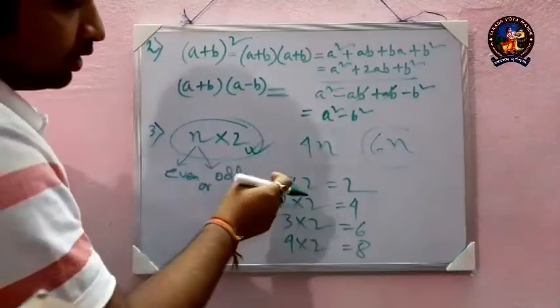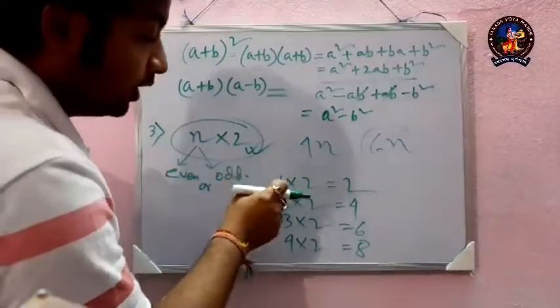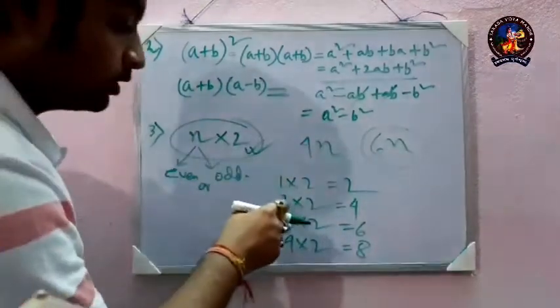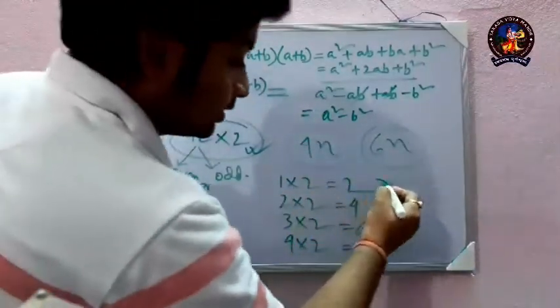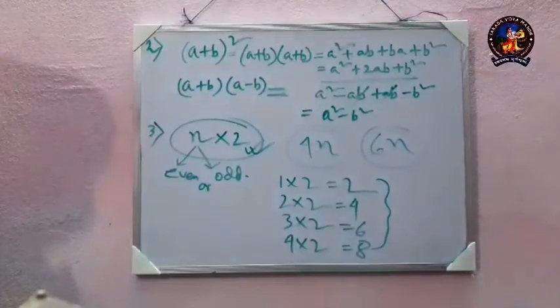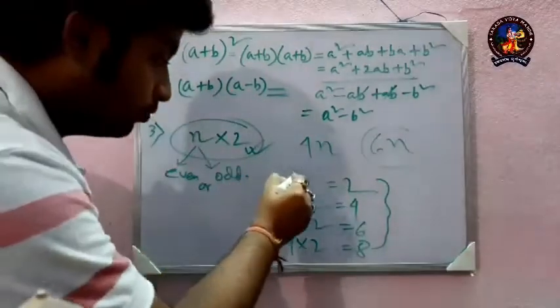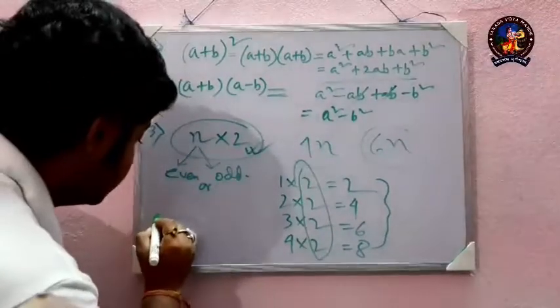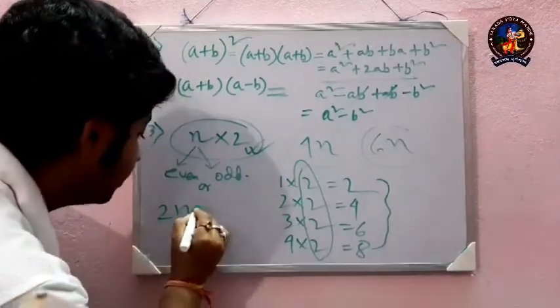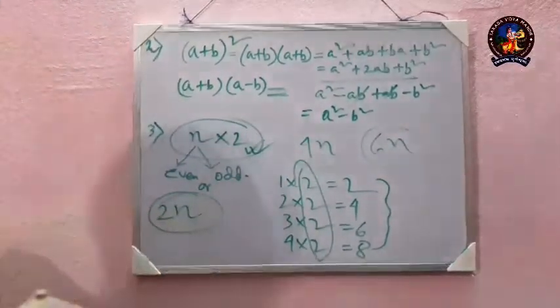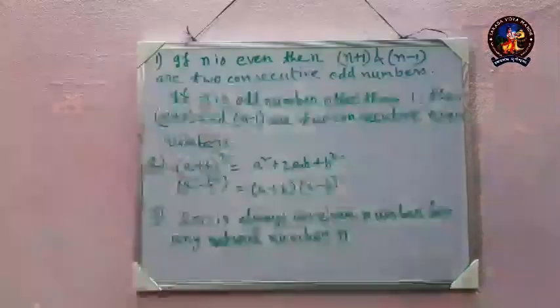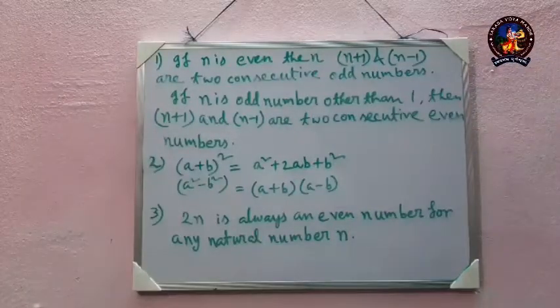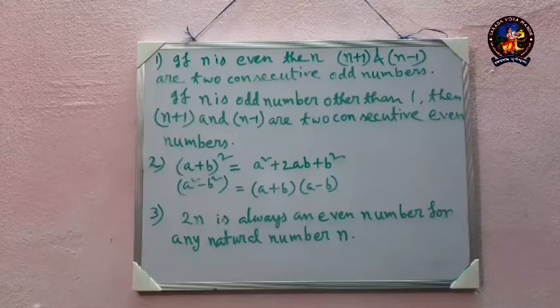So here, if I am multiplying the even numbers with 2 and the odd numbers with 2, I am getting the results as even numbers because I am multiplying them with even numbers. So the result is 2n is always an even number. Just have a glance at the results, as I am going to use these results in my further discussion.